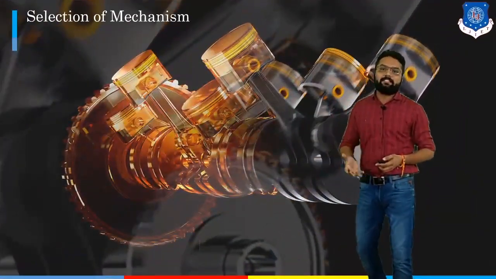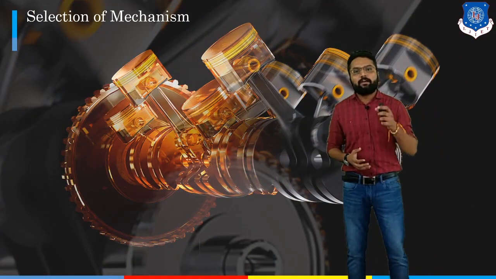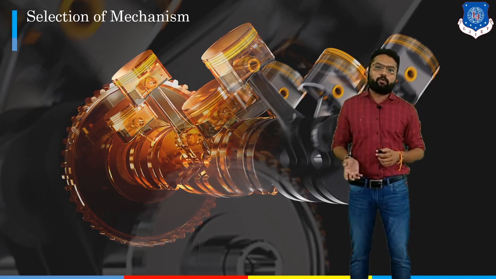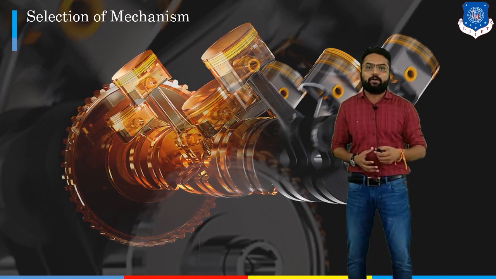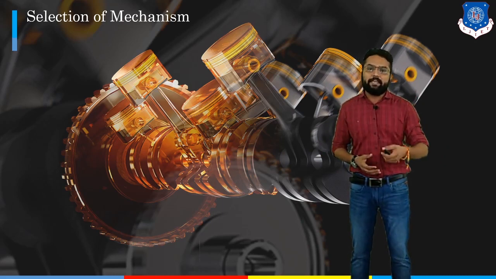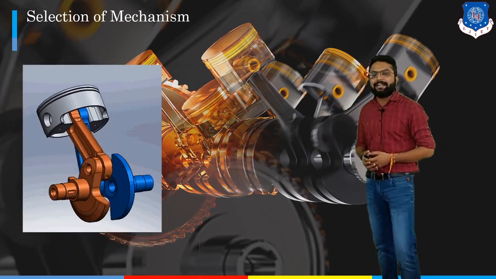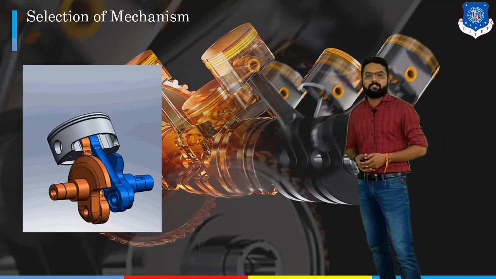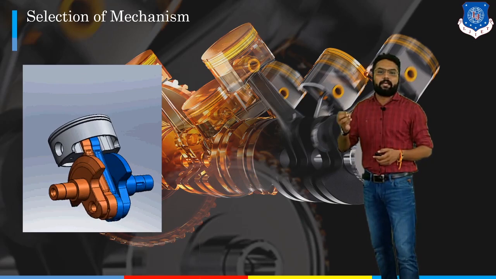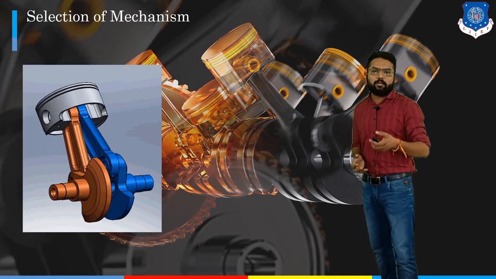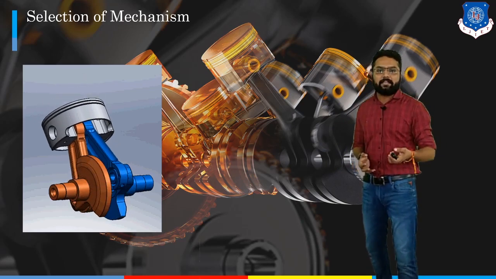After knowing the specification of our product, we are going to move on to the next thing, which is the selection of mechanism. What is a mechanism? A mechanism decides, in space or in our real life application, how our component is going to be in motion. Here in this example, this is a slider crank mechanism. First of all, we have to select a slider crank mechanism, or any kind of connection or link, like a spherical link, or it could be a simple mechanism or simple link.